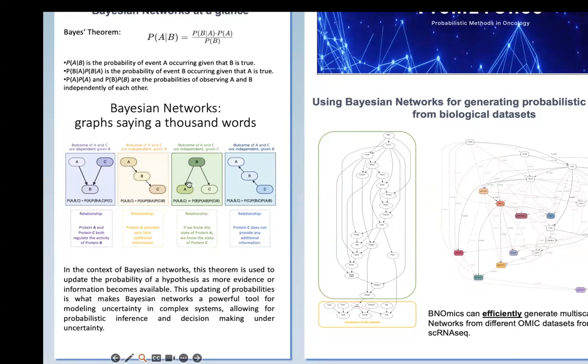But in this case, it looks more like a switch. When we see that A is on, let's say it's a light, the light is on, C is light off. If we observe the light is off, we know what's happening here. We know also what is happening here. So with the understanding of these Bayesian network graphs,